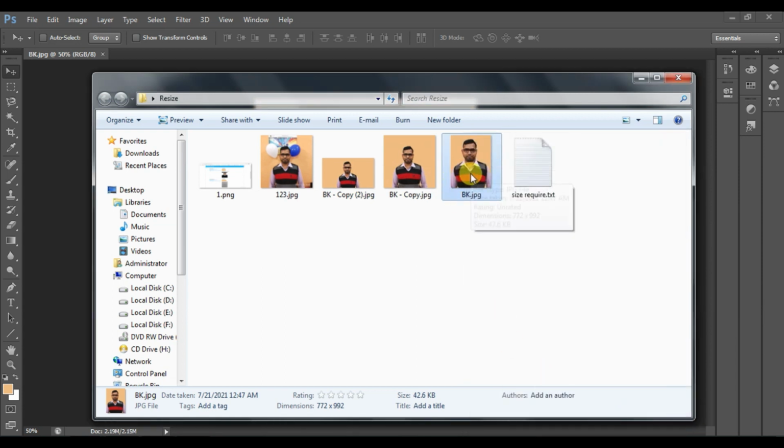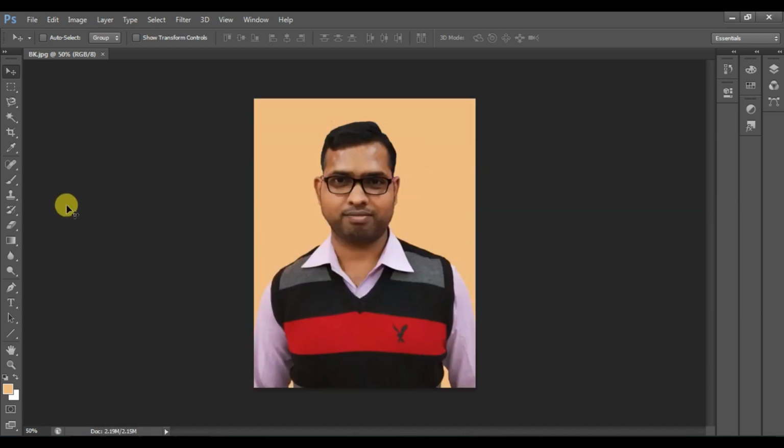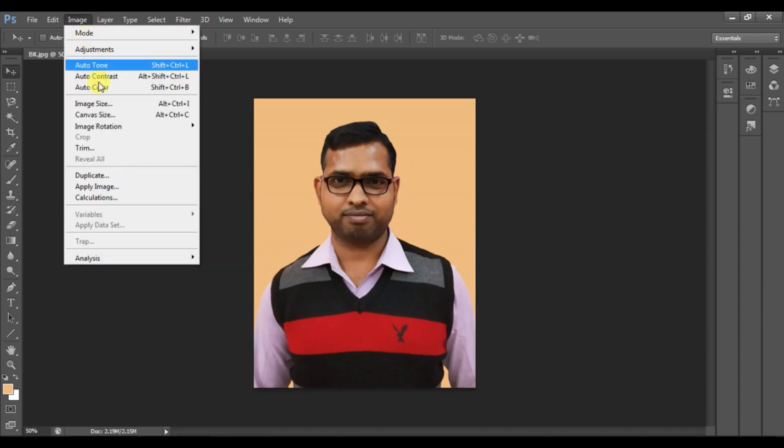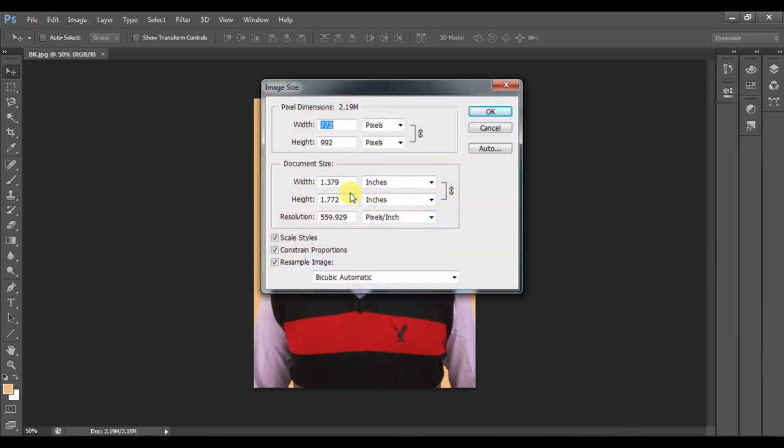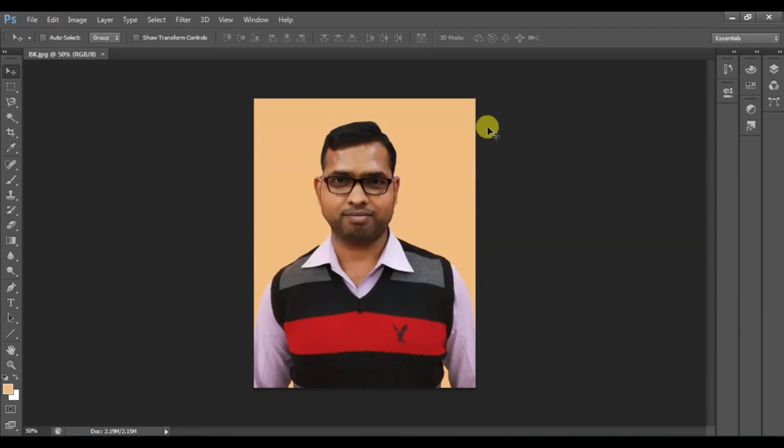And what are the dimension? Let's see. This is the image. You can check from here. Image size in inches, or you can say centimeter. 3.5 centimeter, 4.5 centimeter. So in this way you can set the dimension and size of your image to upload